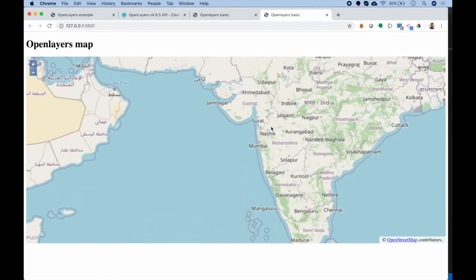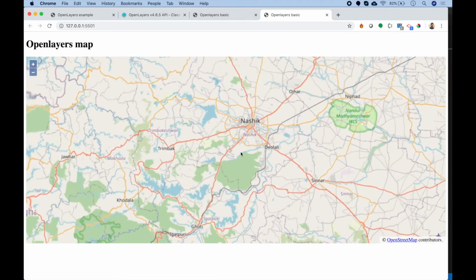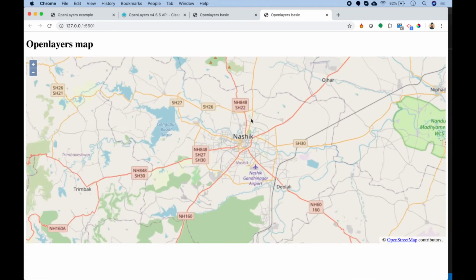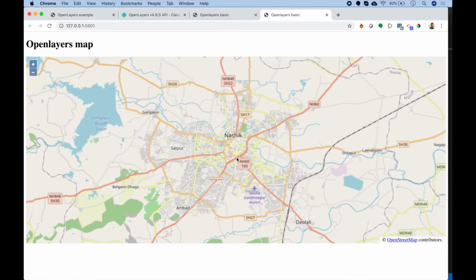So if I try to zoom in to where I live, roughly I want to see this current view when I open my map or when I refresh my website. All right.